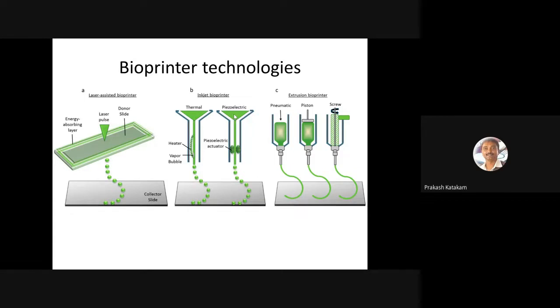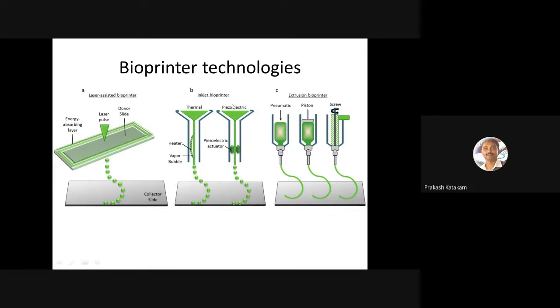We don't use all those 7 technologies in bio 3D printing. Simply they use simple techniques. One is a laser assisted bioprinter, in which the material is converted into small globules. The biomaterials along with cells are converted into small globules. Those globules are placed in the collector side. Once they are placed, after some time, they will fuse together to form a physical single layer structure. Likewise, they deposit layer by layer all these globules. After certain time, they'll be fused and converted into a physical form.